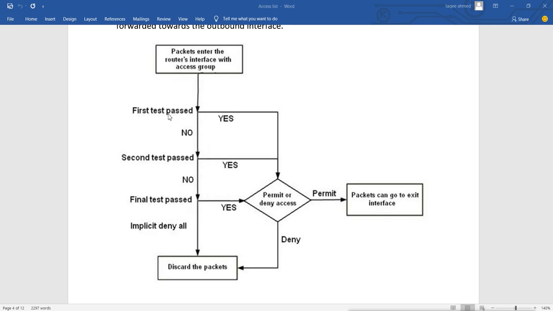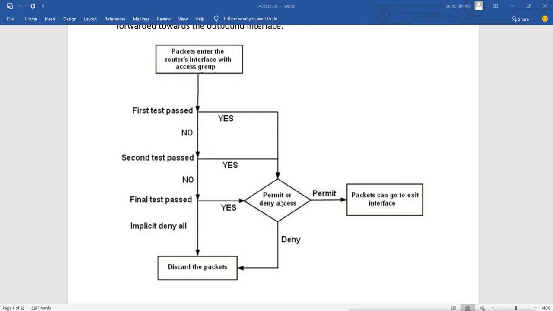Now if the first statement matches the packet, for example, I want to make the first statement for 10.0.0.1. Now if it matches, then it will check whether it is deny or permit. So if I make the rule 10.0.0.1 deny, then it will deny it and the packet will be discarded. It will drop the packet.